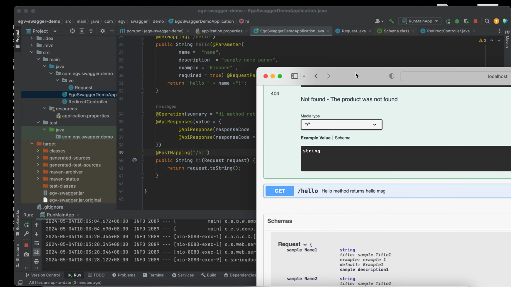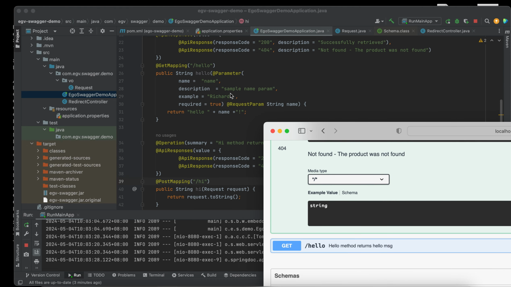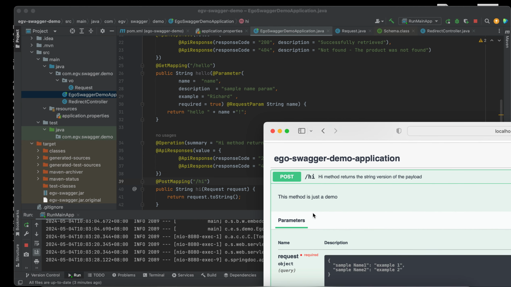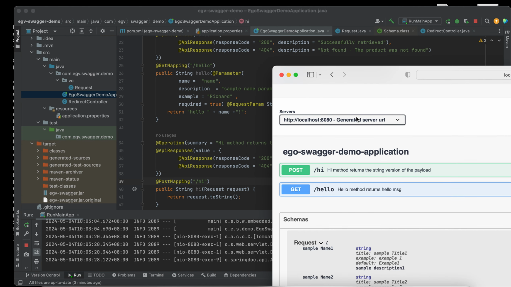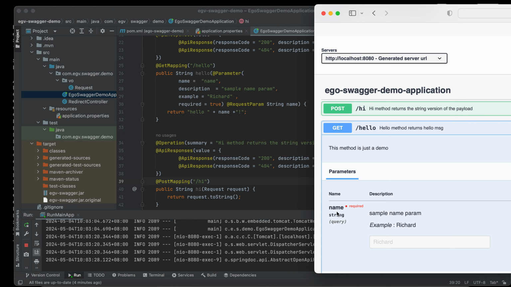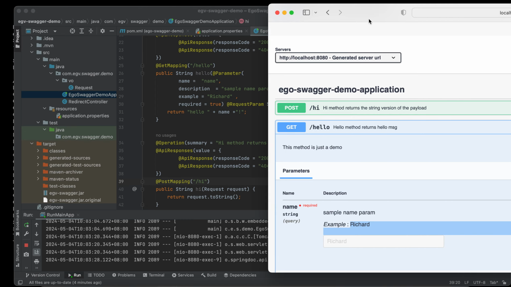But there's a parameter like string, for hello. Let me show it to you. For hello, you can see the parameter name here, and the description, sample name parameter. We can even specify the example here.